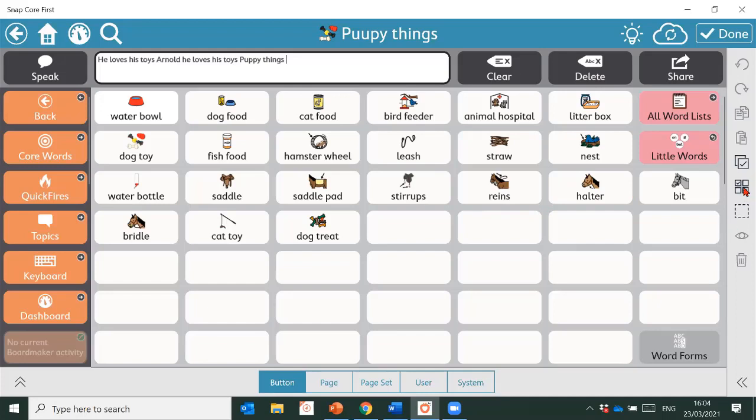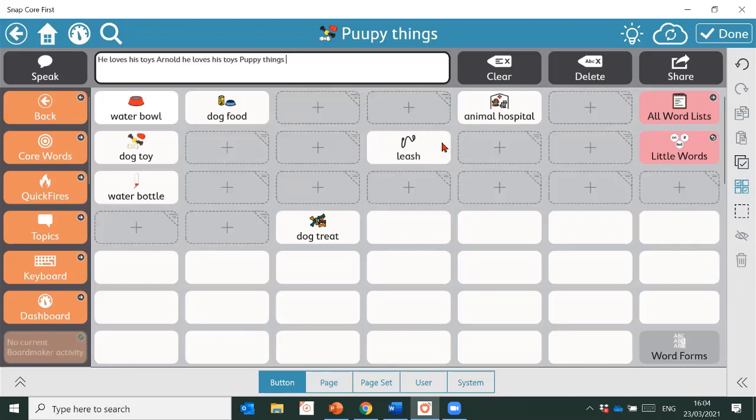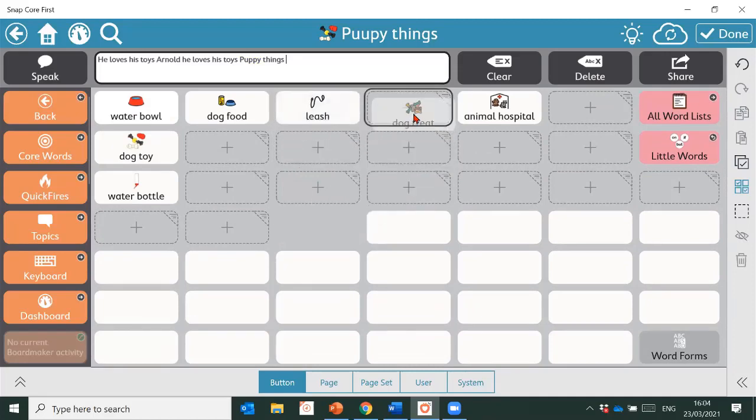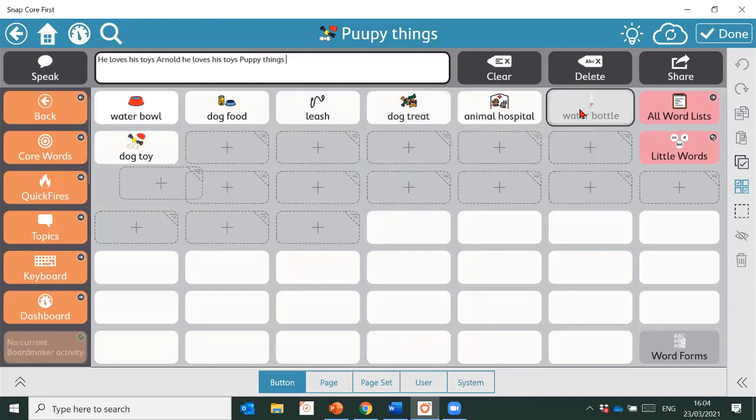So I'm going to use this multi-select button that we used earlier, and I'm going to select some buttons that I don't really need. We're going to go through and get rid of some of these buttons that we don't need for Arnold, so I'm going to delete those. And then I'm going to rearrange some of these words, just as we did before. Click and select and add some of these in. And then, of course, I can come in and add